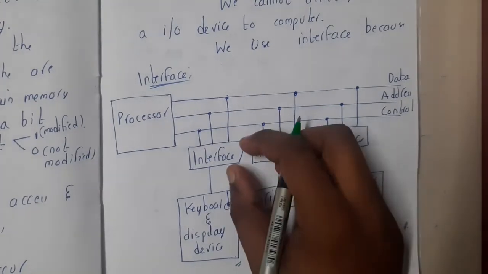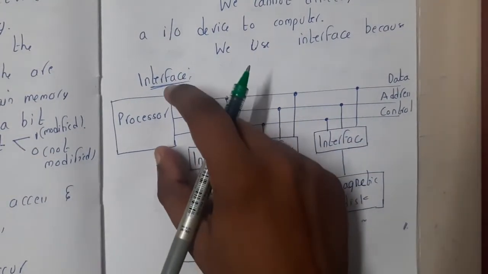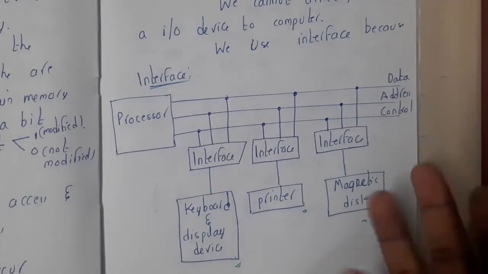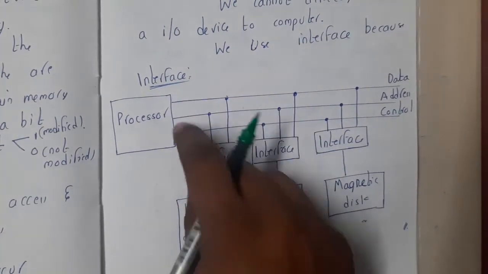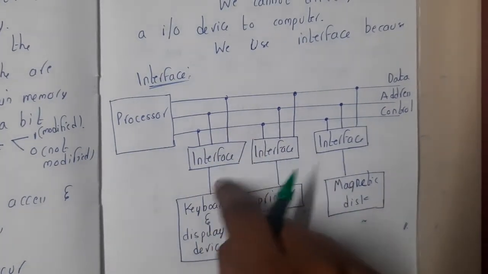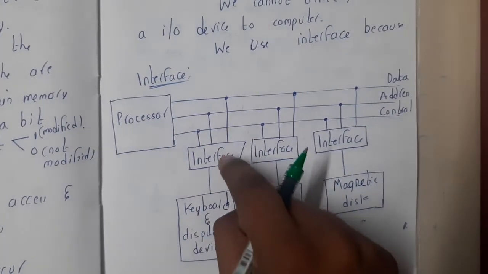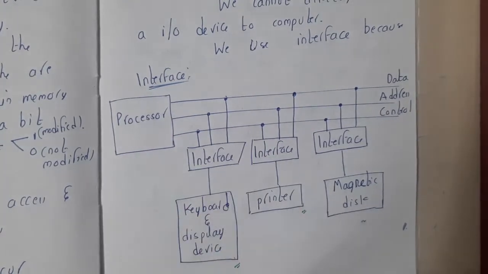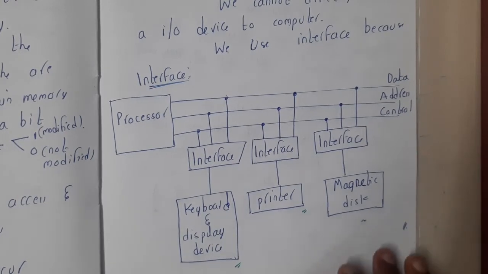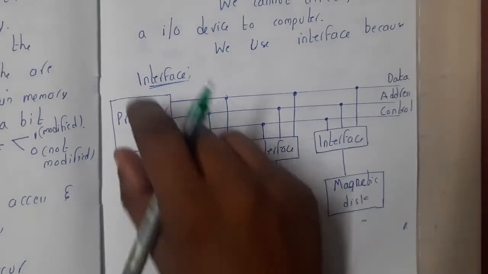So assume this interface as a translator. Say this is your prime minister or someone who knows only one language, just for example, guys. Assume he is speaking English and you don't know English. At that time you will bring an English translator. You say it in your language, he will translate it to English, and the process goes on. That is nothing but the interface, guys. So now you are getting an idea, right? The interface is the mediator between them.